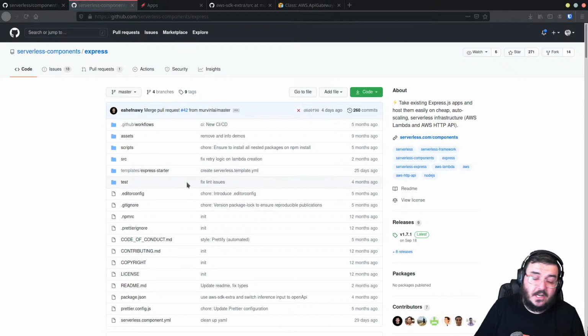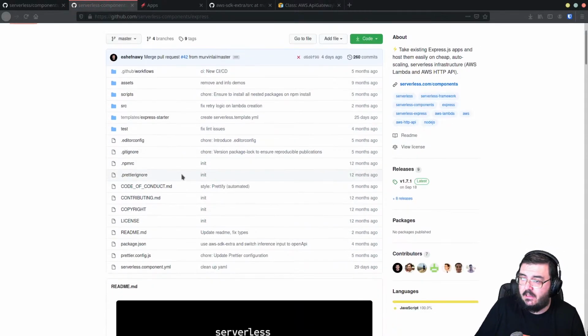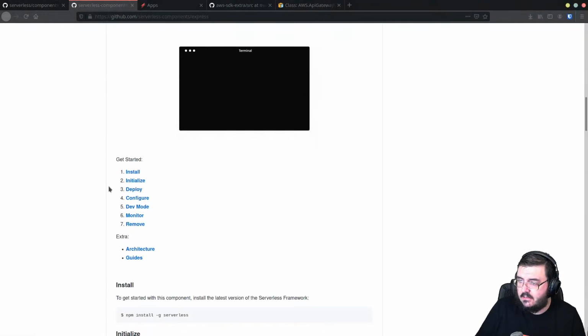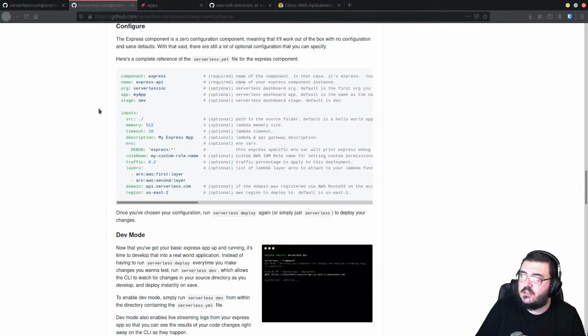That's actually a nice idea, to put together the sample YAML of what we would need to make this work. So if you look at this Express.js component here, here's the configure section. And really what I'm looking for is you potentially point at the source code. But even this you don't necessarily need, because if you just use the defaults, you'll get default functionality. You'll need to set an environment.